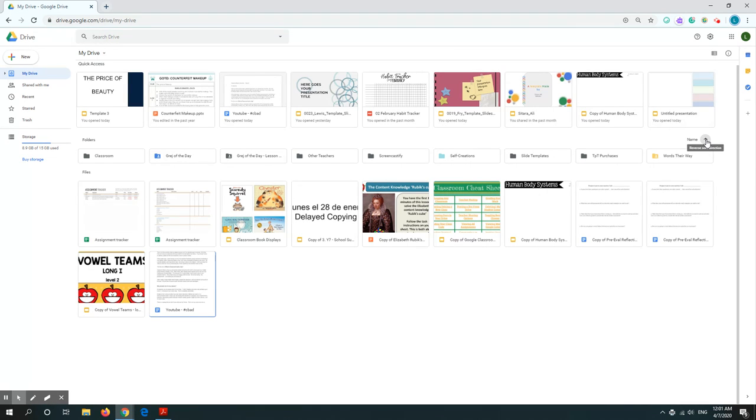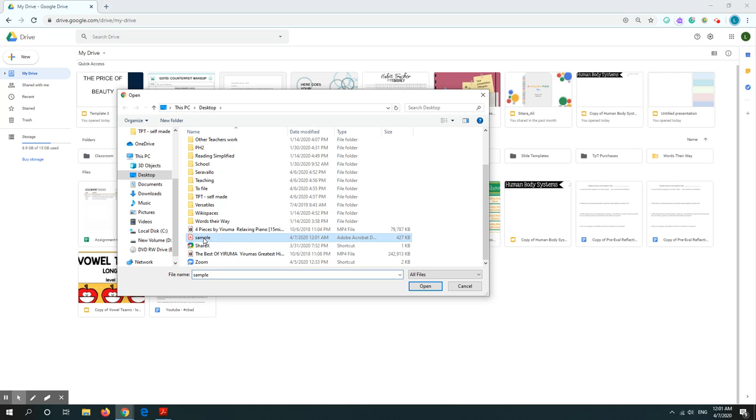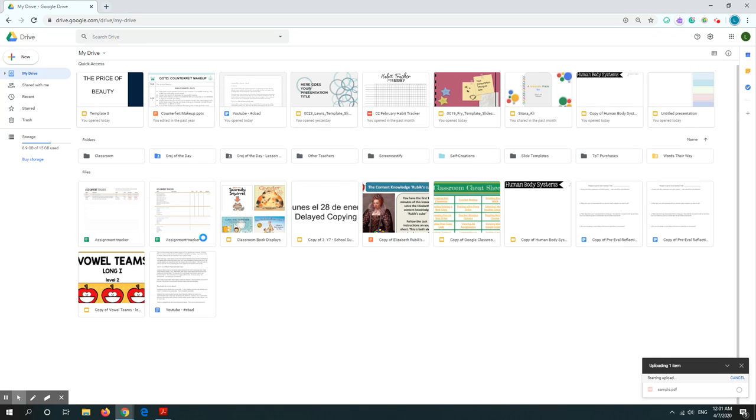So let's show you now how to upload it onto Google Drive. This is my Google Drive account. And on the top left-hand corner, there's a multicolored plus sign with the New. I would click the New button and I would scroll down to File Upload. Once I hit File Upload, I would go onto my desktop and I would choose the file that I had saved. I would double click on this